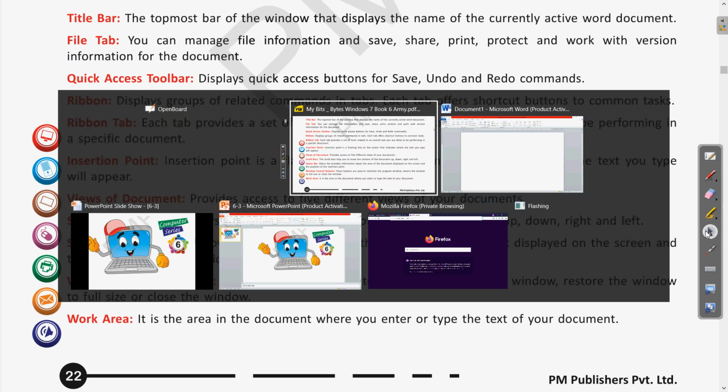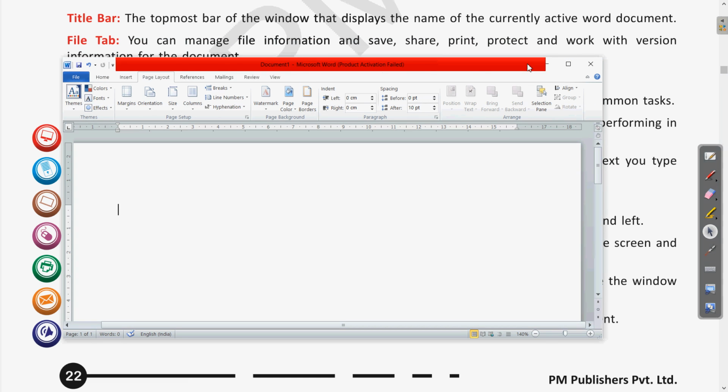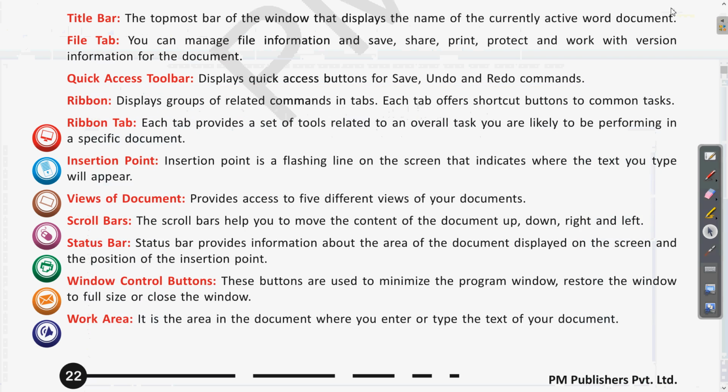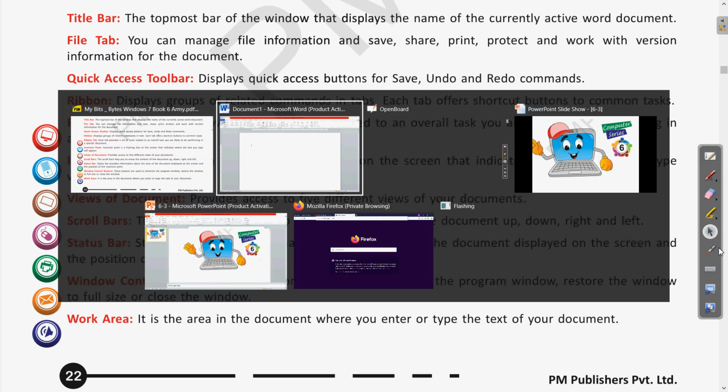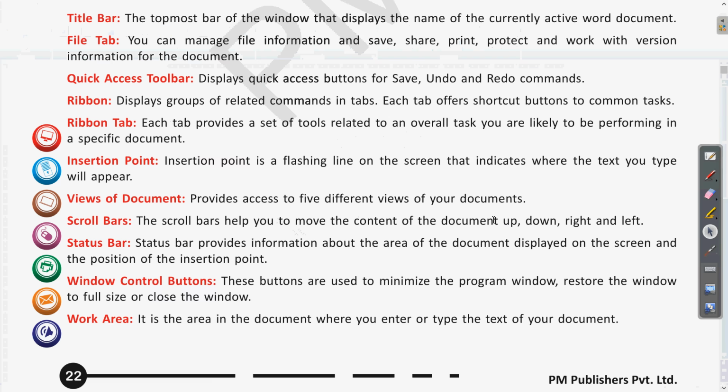At the corner you can see, if you want to change the size of this, you can use this maximize, or you can see the restore button, then close if you want to close it, and if you click on the minimize, it will minimize the software. Clear? So these are the three window control buttons: minimize, maximize and close. Okay, I hope this is clear.